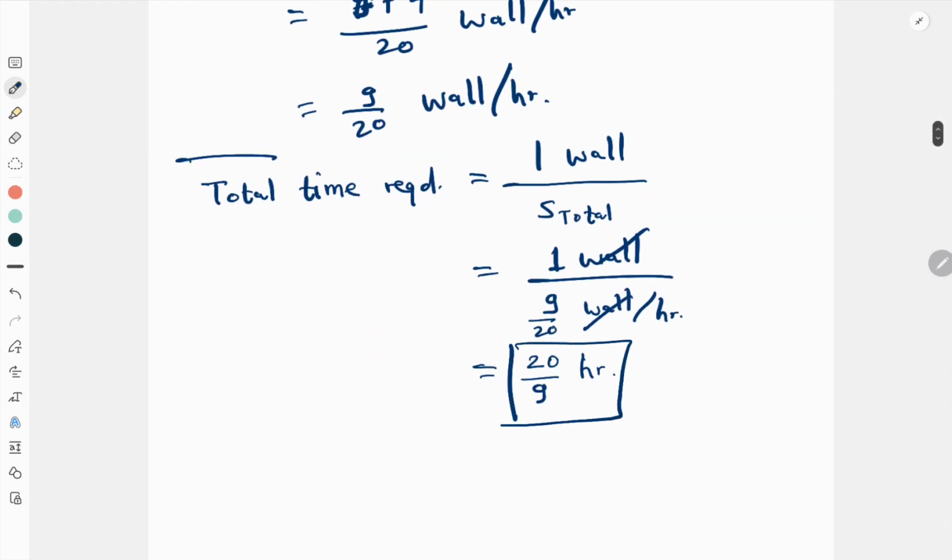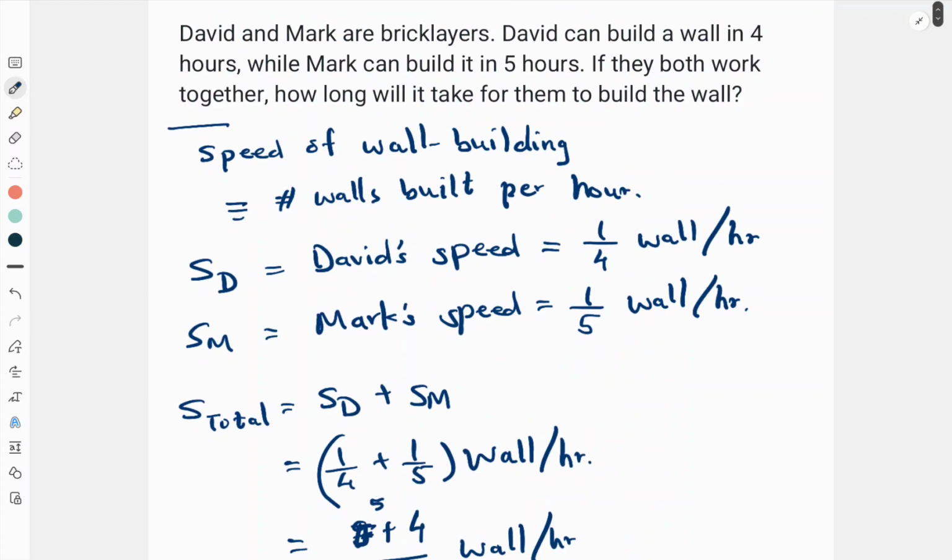Let's see if this thing makes sense. So this total time required is 20 divided by 9 hours, which is a little more than 2 hours clearly, because 18 divided by 9 would be 2. Does it make sense? Why should we expect this number to be bigger than 2? David can build a wall in 4 hours and Mark can build it in 5 hours. Let's imagine Mark can also build it in 4 hours. Then David can build it in 4 hours and Mark can also build it in 4 hours. So if they are working together, clearly it will take them 2 hours total to build the wall,